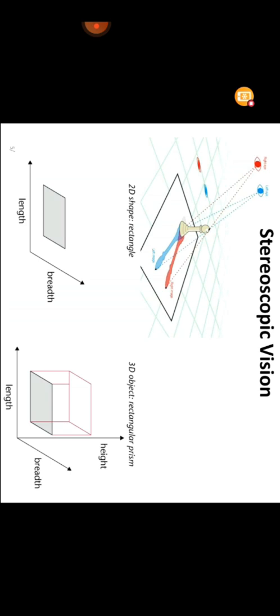So whenever a patient comes to you with only one eye, or with the other eye diseased considerably so that the vision is very low, or the other eye has been made medically blind. I cannot say blind, but the diminished vision has been made by some sort of mydriatic drops. You should be very careful that he will have a loss of stereoscopic vision, and hence you should not